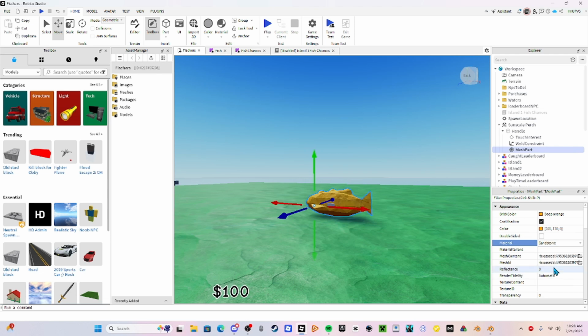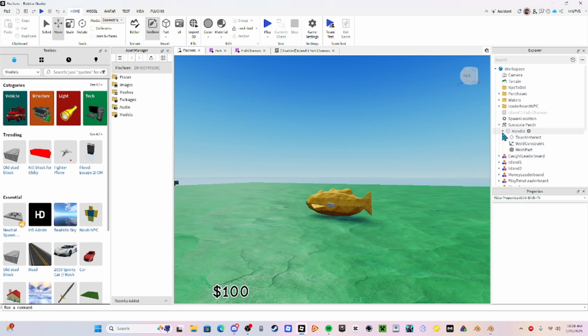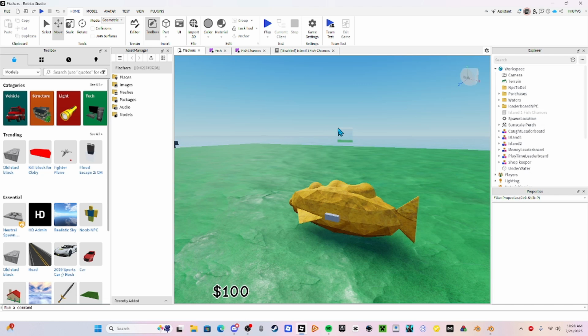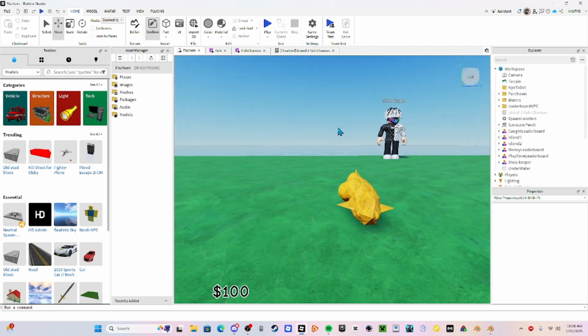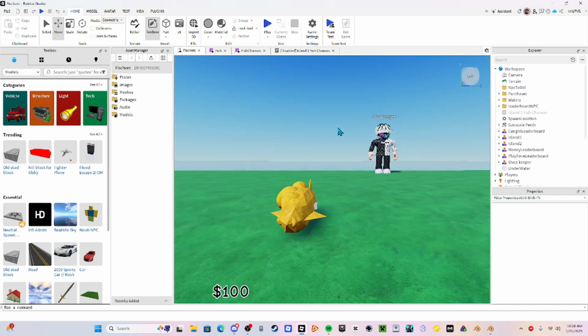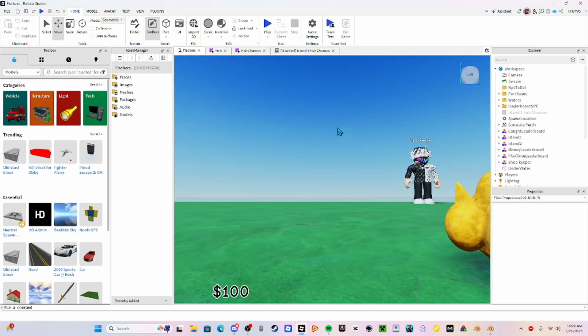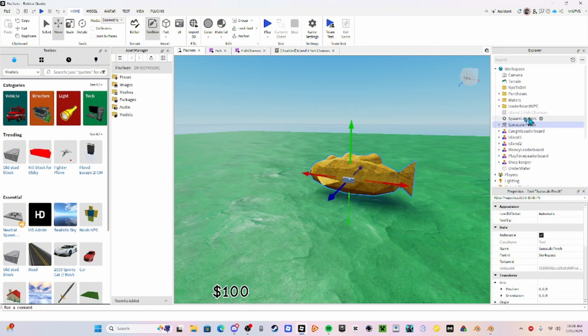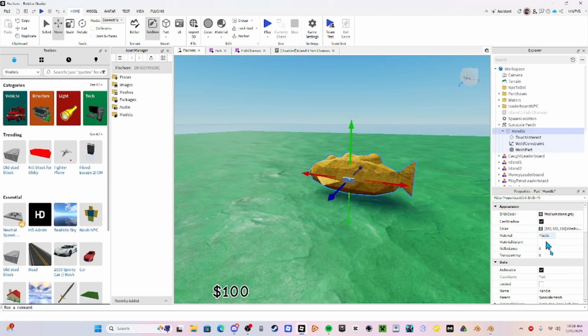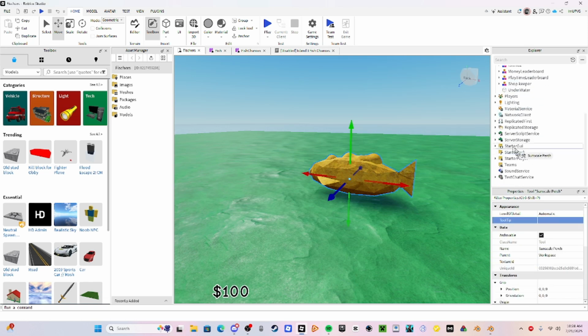Material, sandstone. That actually looks so good. Now we're just gonna make the handle transparent, and boom, we have the sun scale